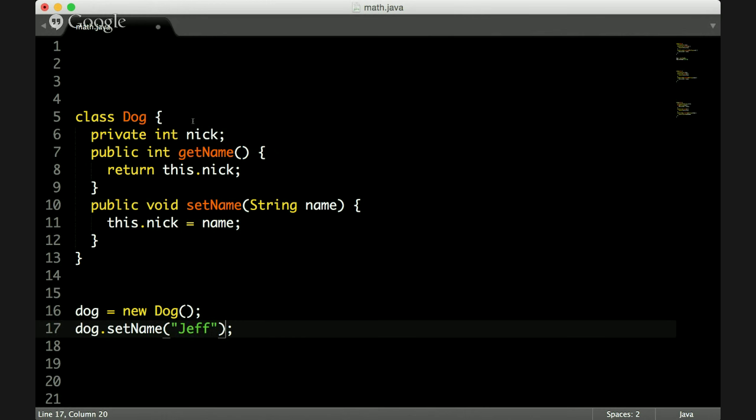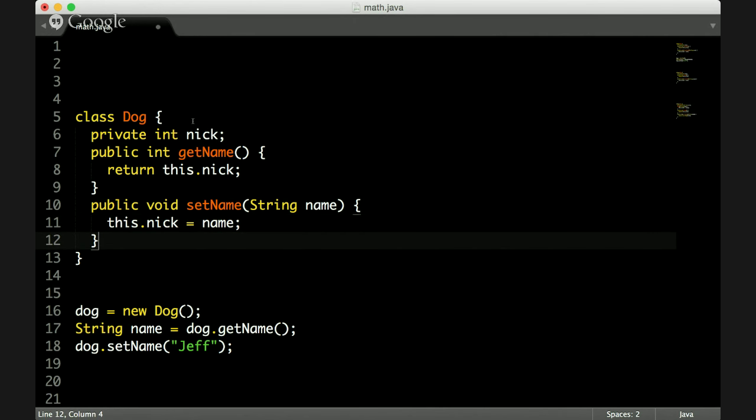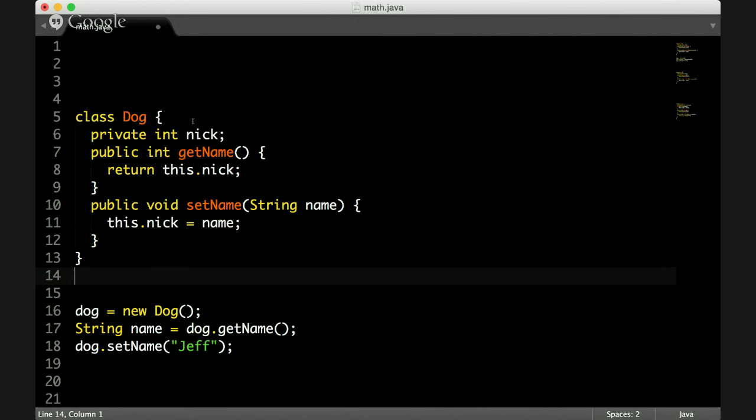And in order to read the property, I can't just do it like this. This is not legal, but instead I have to do getName, and then I get the name of the dog.